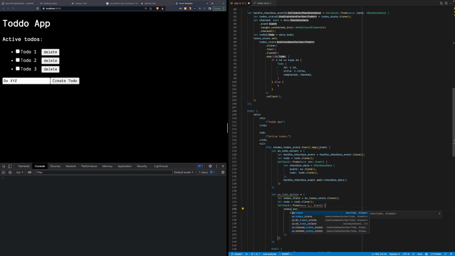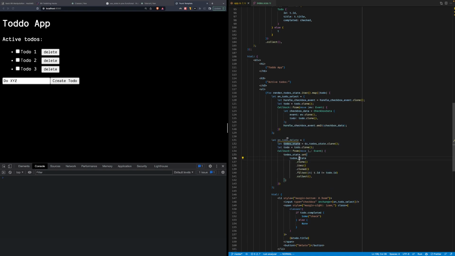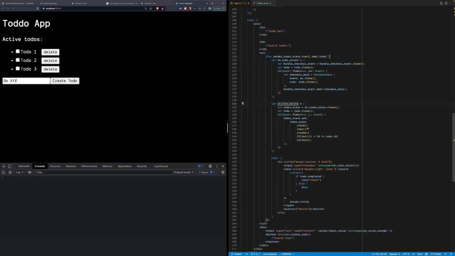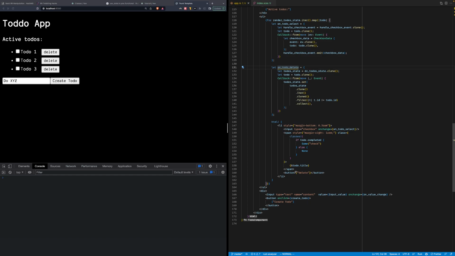I think now we can just use state because we're cloning. It actually works. Let's see if we can put this button here.